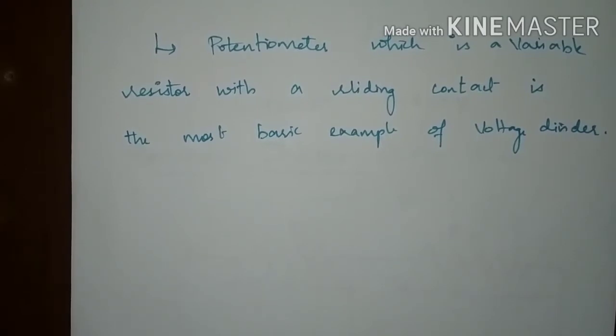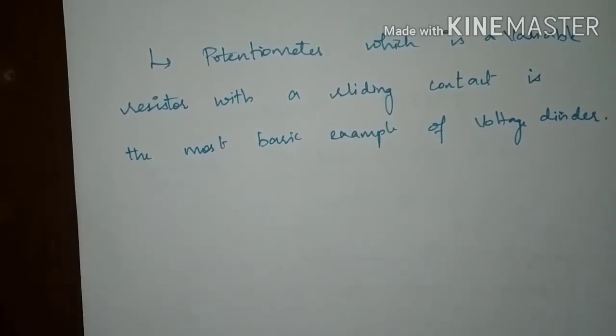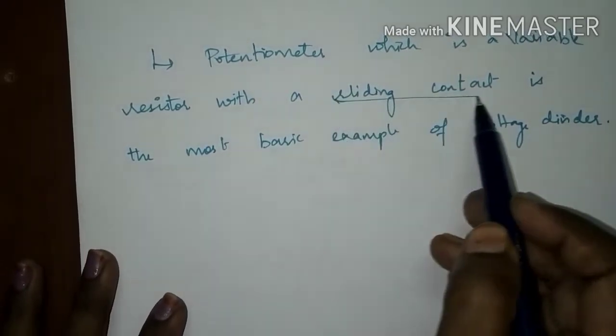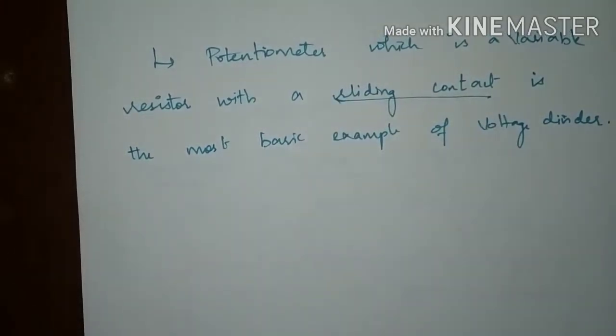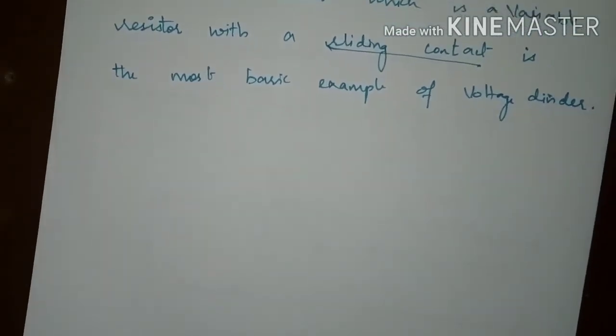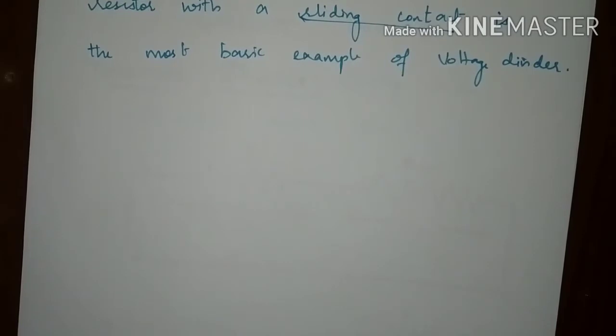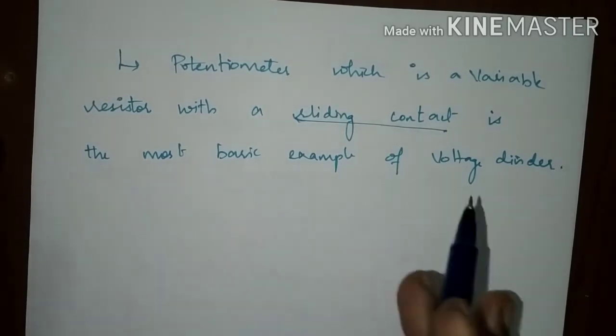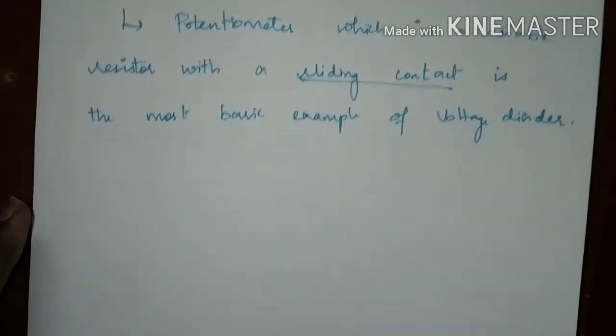If we apply a voltage across a potentiometer, the output voltage of the potentiometer can be varied according to the sliding contact which has been moved. By using the sliding contact, the resistance value would vary. If the resistance is varied, the voltage drop across the resistance will vary accordingly. So, the higher voltage which has been applied can be reduced according to the resistance value by using the sliding contact. It is just an example of a voltage divider or a potential divider.